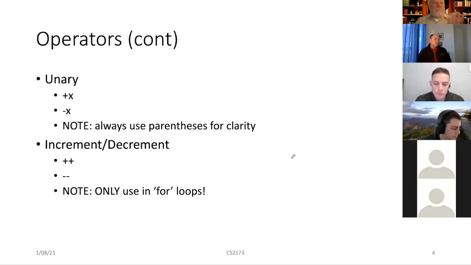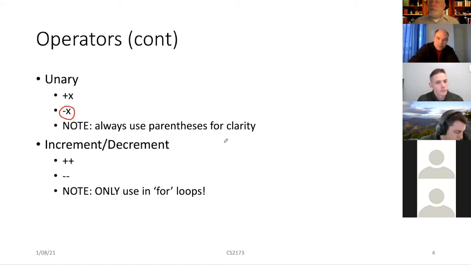Okay. Other unary operators, so basically plus x, minus x, you can actually put those in. Not a lot of use for this. Sometimes you might want to take a value and flip it. The book talks about operator precedence.